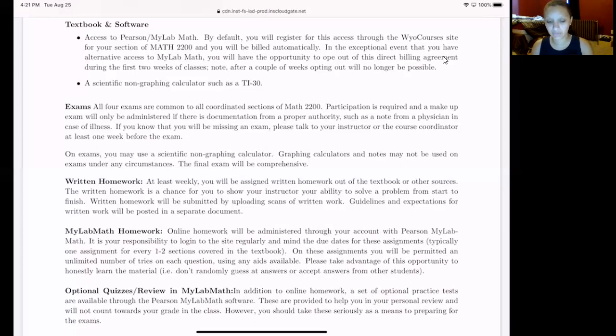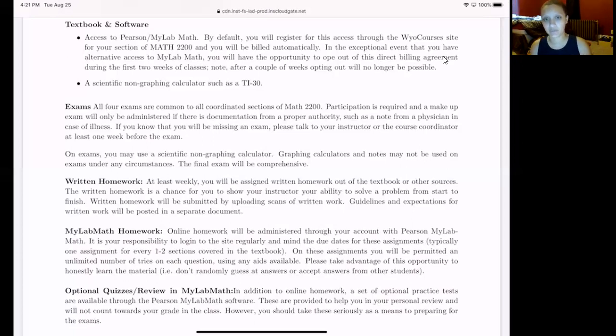So what you're going to do is I'll post the problem set or the problem from the textbook. You'll write it all out, do all your work, show all your work, box your final answer, and scan it or type it and upload your copy to WIO courses. I'll grade it, do written feedback, give it back to you. You'll get better at math.